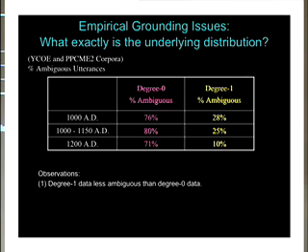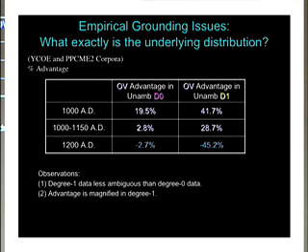But right, so the degree 1 is really less ambiguous. You're like, well, that's interesting. And then if you look at the distributions within this data, you're like, well, look at this. I mean, the degree 1 data magnifies the advantage that we see in the degree 0. And you're like, well, this is looking really solid. It's much easier to estimate what the underlying distribution is if we look at the degree 1.